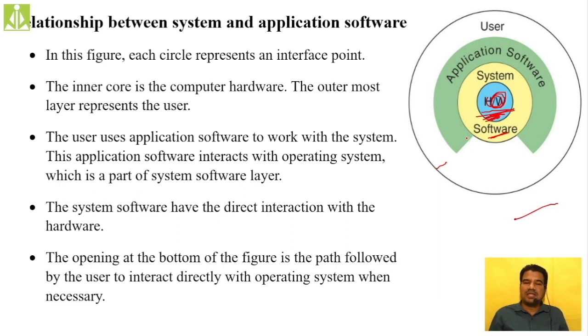And as you know, the user many times interacts directly with the application software, which in turn interacts with the system software, which in turn interacts with the computer hardware. I have shown you this type of relationship in what we call a sequential diagram also. The user is interacting with MS Word, MS Word is interacting with the Windows operating system, and finally the Windows operating system is interacting with the computer hardware. Here also that same phenomenon is shown. The user is interacting with application software, that is MS Word. MS Word is interacting with system software, that is the Windows operating system, and the Windows operating system is interacting with the computer hardware.